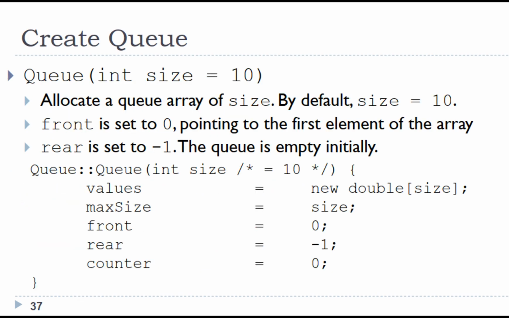Create a queue with size equals 10, allocate a queue array of that size. By default size equals 10. Front is set to 0, pointing to the first element of the array. Rear is set to -1. The queue is empty initially. Queue(int size = 10) { values = new double[size]; maxSize = size; front = 0; rear = -1; counter = 0; }